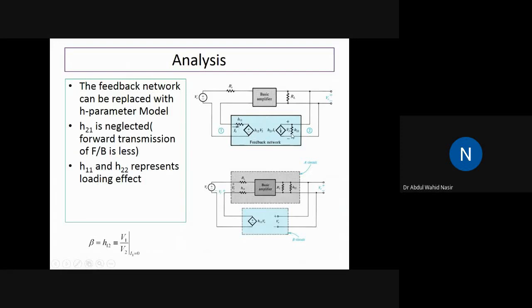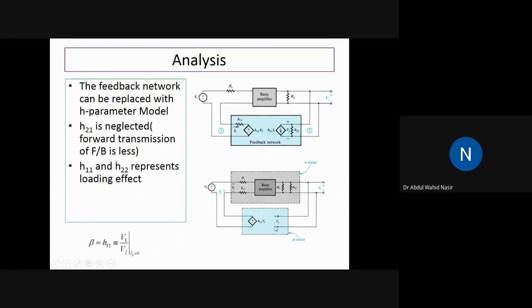Now you can see this H22 and RL are connected in parallel, because this terminal and this terminal of H22 are connected to the same point, and this terminal of RL and this terminal of H22 are also connected to the same common point. So we can take this H22 and connect it here, and there will be no change in the circuit. Similarly, we can shift H11 from here to here. If we do so, we will get this simplified circuit diagram, from where we can infer the value of beta.